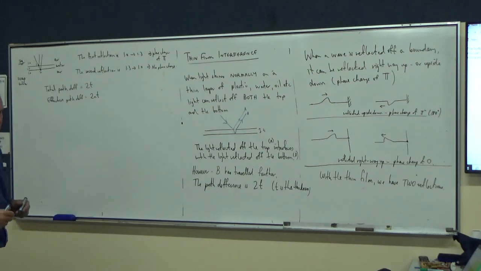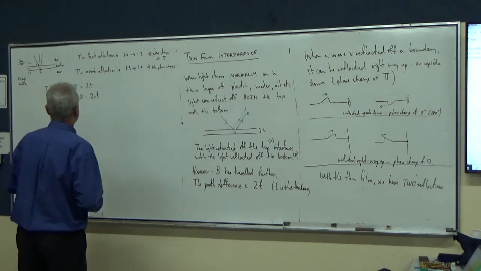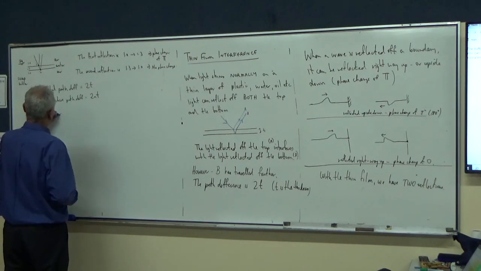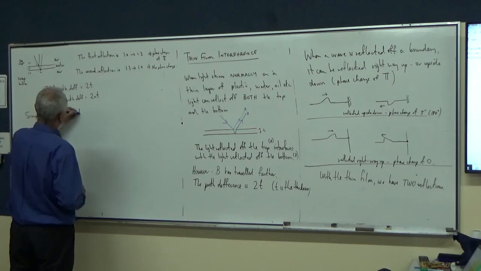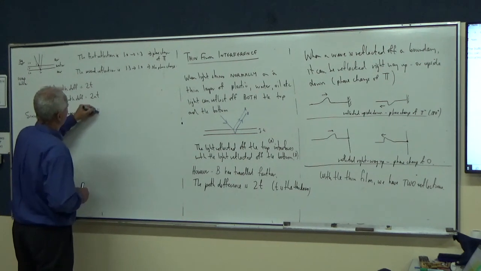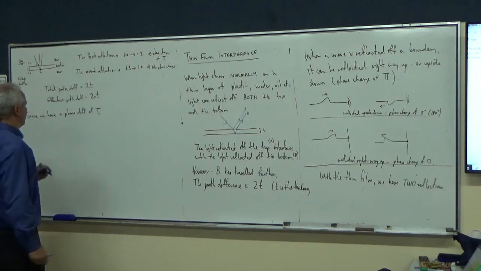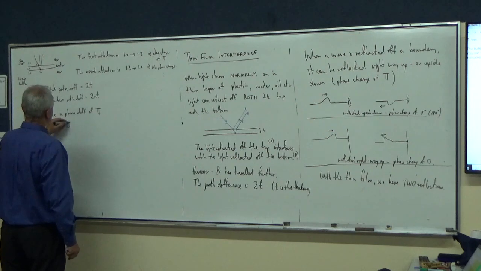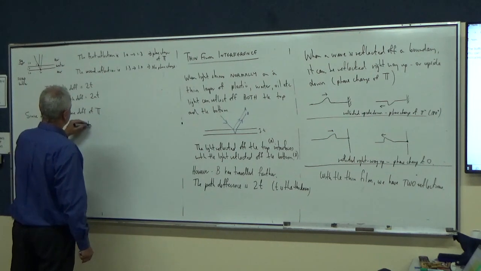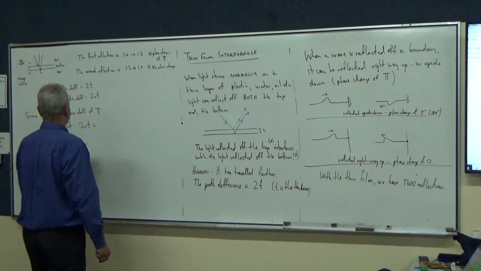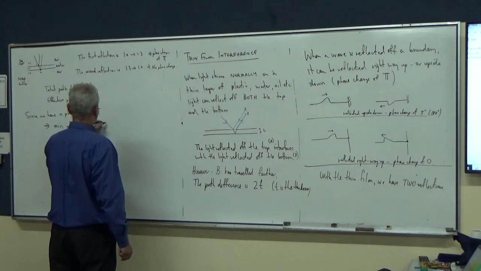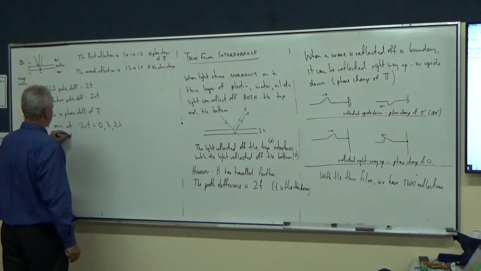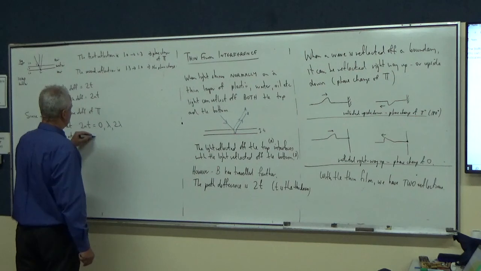So the effective path difference is 2nt. Since we have a phase difference of pi, therefore minimum at 2nt equals 0 or lambda or 2 lambda. Maxima at 2nt equals